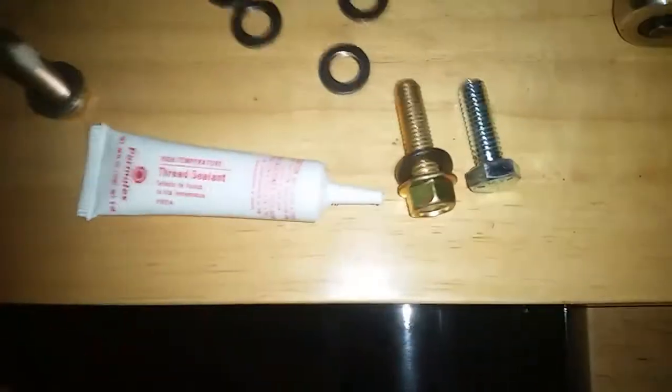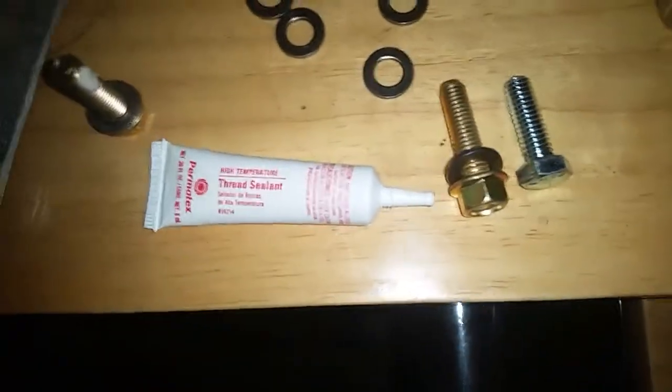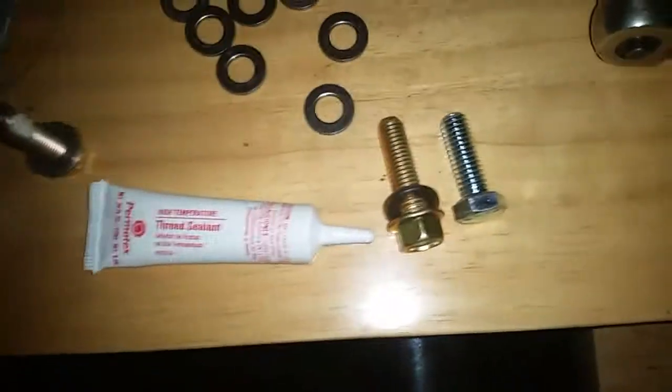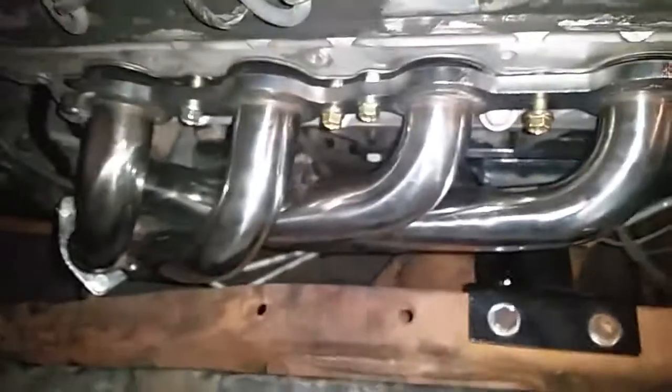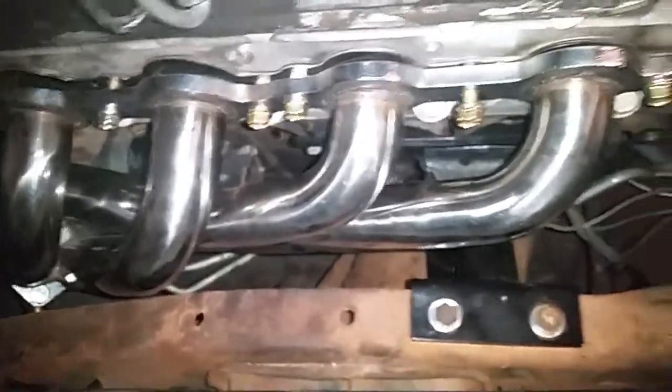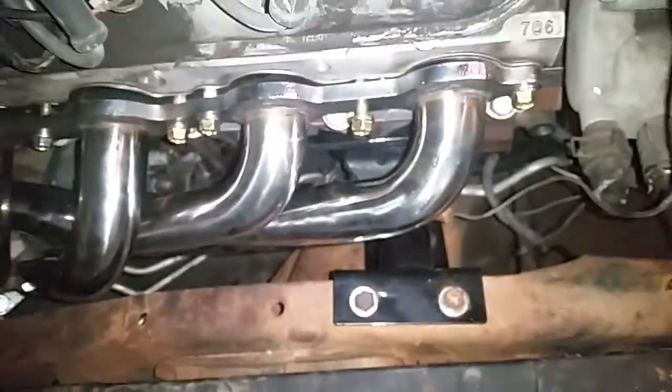All right, so the headers that are going into the '68 Chevy, wanted to show you guys here. I ended up taking them back off because the bolts that came with these headers are very cheap bolts. So we went ahead and got some Dorman